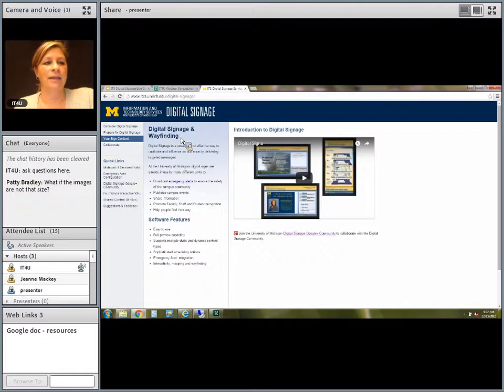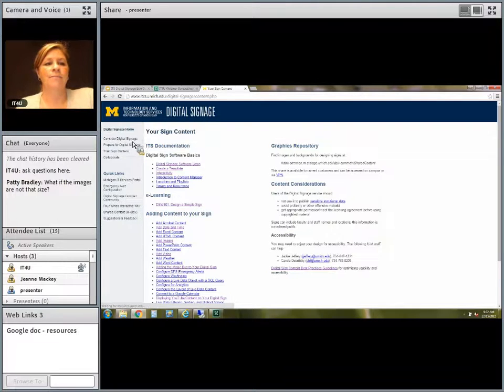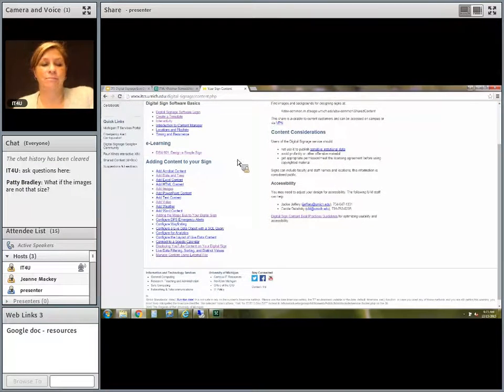But I pulled up our website, and I wanted to show you, if you go to Your Sign Content, that's our page, and that has all of our job aids that we have so far. So there's basics, just if you're trying to get familiar with the software, just so you can get in and play. Then there's an e-learning course, which talks about building a simple sign, that has 4 regions, which is date and time, title, a main content area, and the weather, which are pretty much what you'll see standard on most digital signs. And then any type of specific content that you wish to add, there's a job aid.